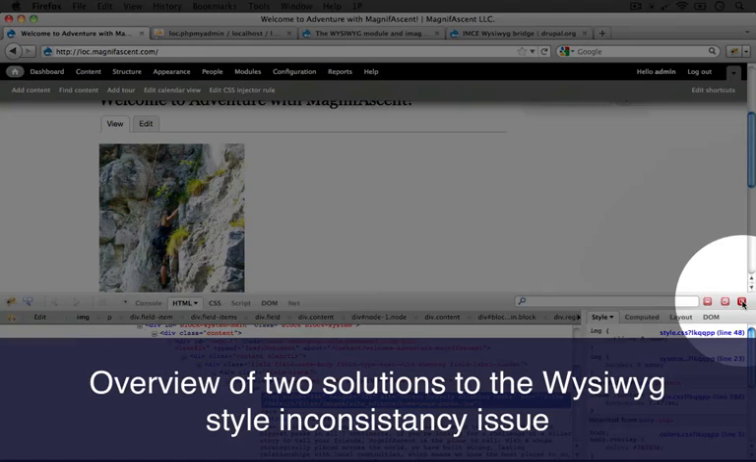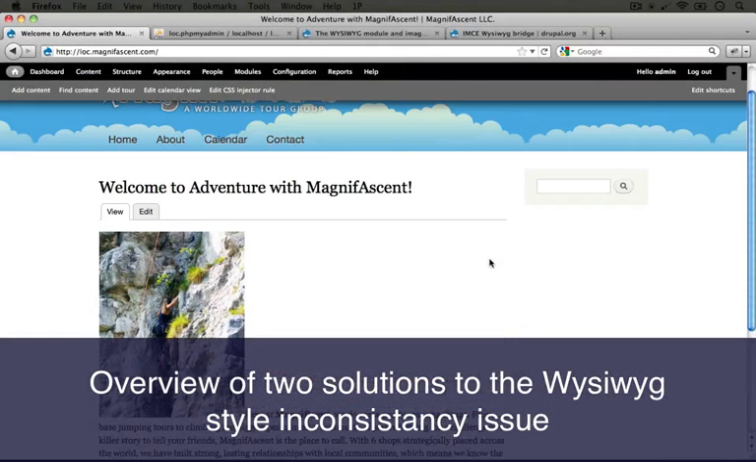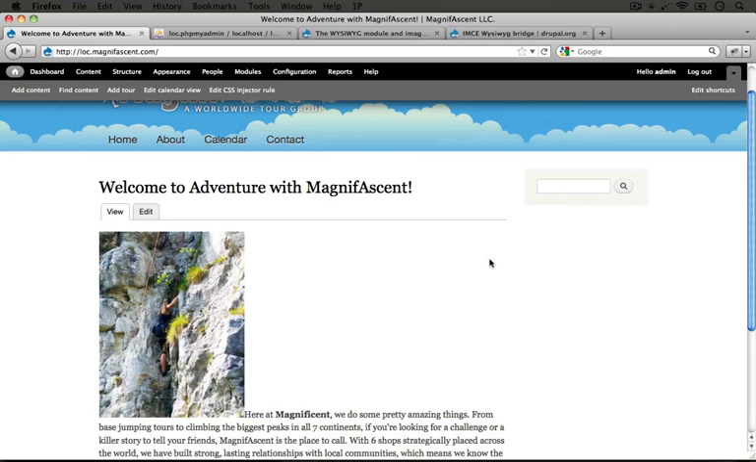So we have a couple of options to get around this. I'm going to go ahead and close Firebug here. The first is by disabling the HTML filter for the site editor text format. But the downside to this is that then we lose any ability to restrict the HTML tags that can be